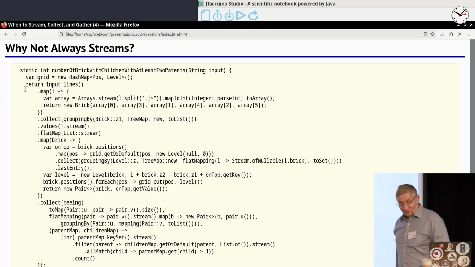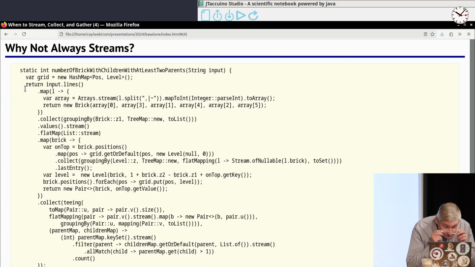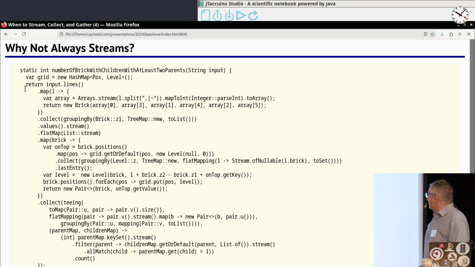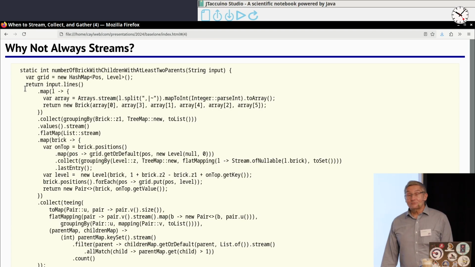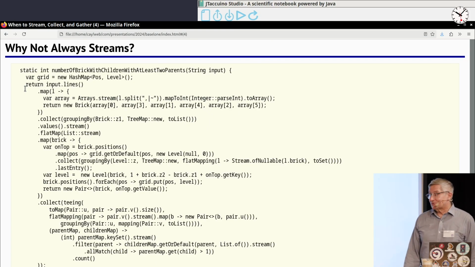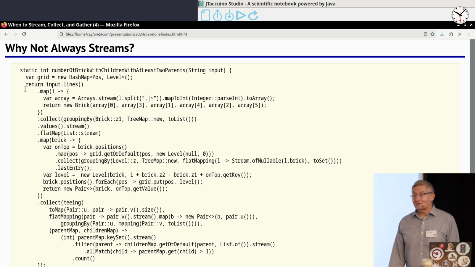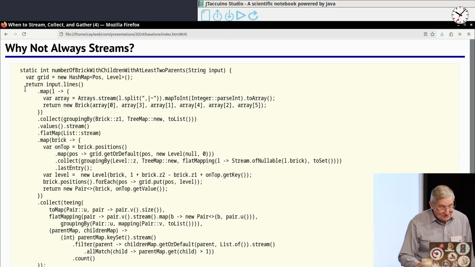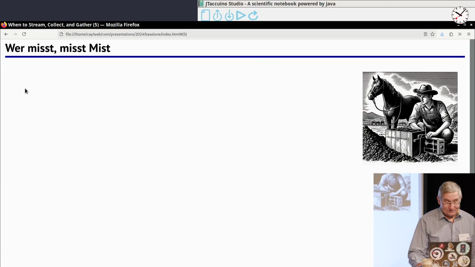And so this is the solution to day 22. As you can see, it would take you a good long time to look at this code and figure out what the heck it does. There's a good reason why he never attempted to do the part 2, because probably he himself couldn't understand his part 1 code well enough to transform it into part 2. So that's kind of the upper limit as to where streams should probably not go.